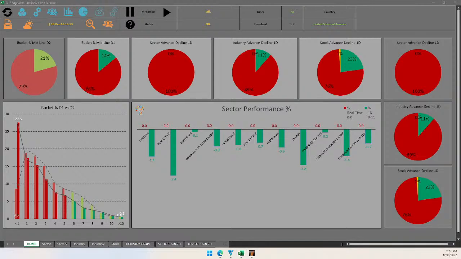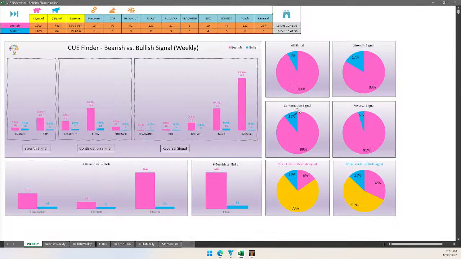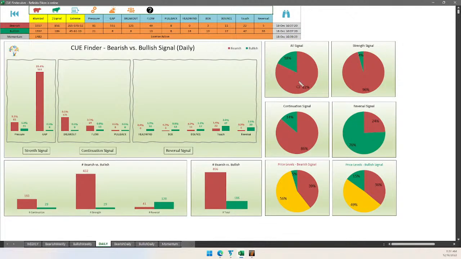What about technical breadth? That will be bearish, of course. The weekly percentages across all categories are very bearish. Nowhere for the bulls to hide. And if I look at the daily pattern, they are also bearish. Though the percentage of reversals is much more on the bullish side, the absolute number of reversals is much lower than the bearish strength. So together with strength and reversal, it is remaining bearish. Still, one may look for reversal trades.